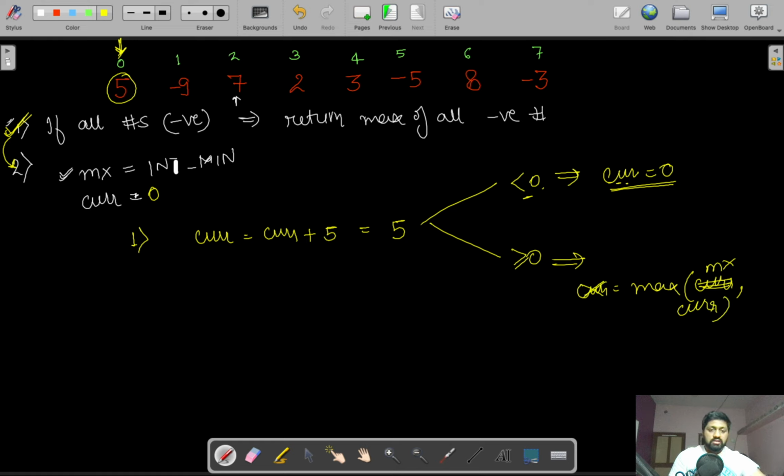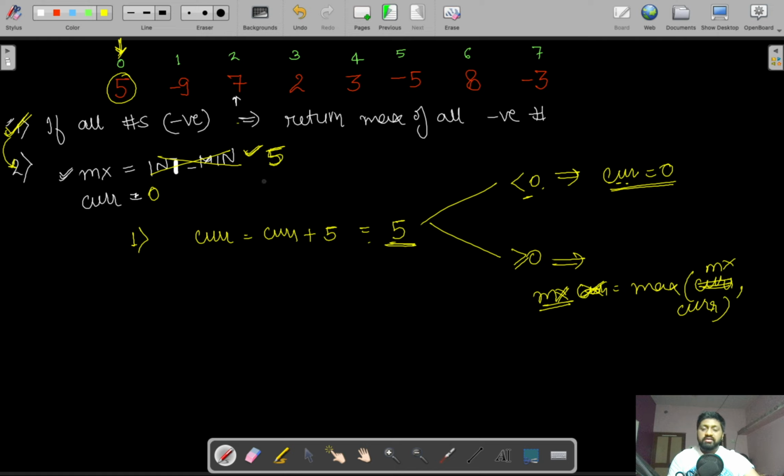So this is updated in this max variable. The max variable, as I told you, keeps track of the maximum sum of a particular contiguous subarray. So this variable is updated till we get the current greater than or equal to 0. In this case, max is equal to INT_MIN, and our current will sum up to 5. So this max is updated with the value 5.